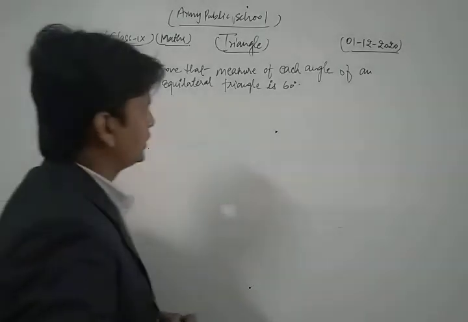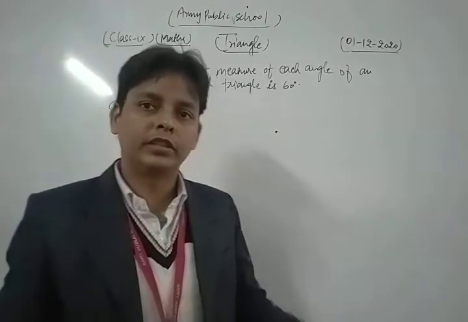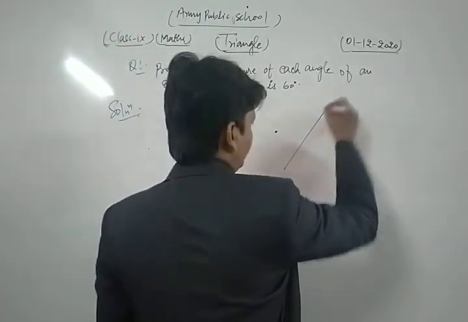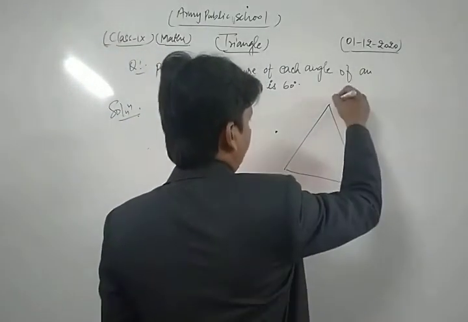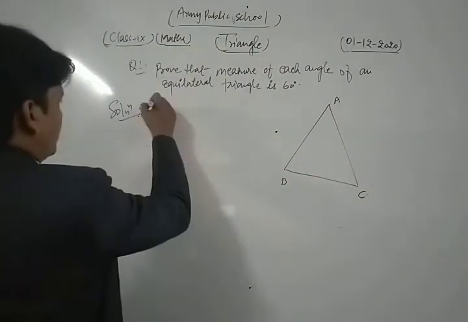Prove that the measure of each angle of an equilateral triangle is 60 degrees. In that question, first of all, we draw a triangle ABC. We know that in an equilateral triangle ABC,